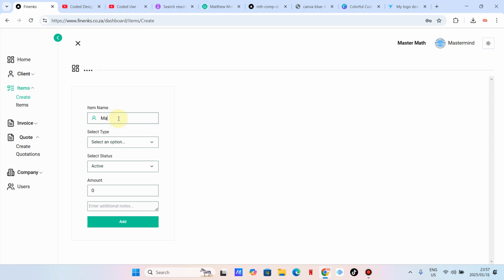Mastermath, let's say trig class, or let's say trig session. I'm not sure if this is the right word for math services. So let's say this is a trig session, so maybe I'm teaching students trigonometry. This is going to be a service, and is it active? Yes. How much is it? Let's say it's 3,500, maybe once off for 3 months. And then what is the